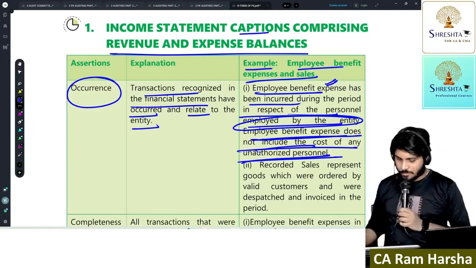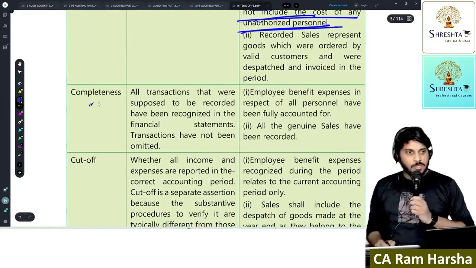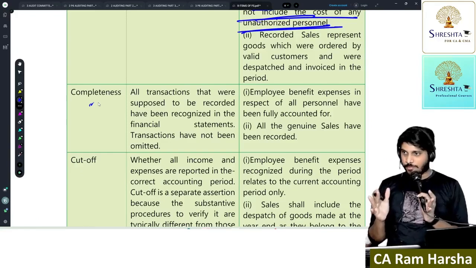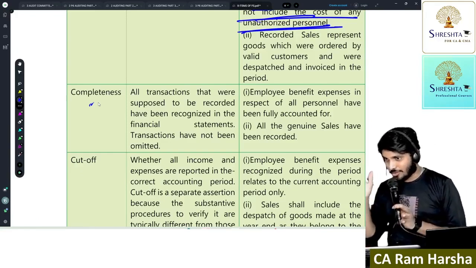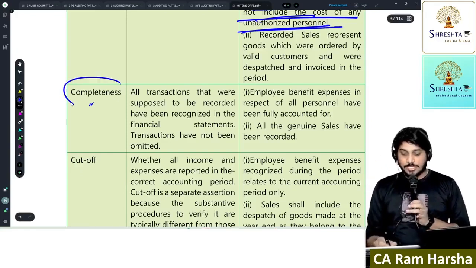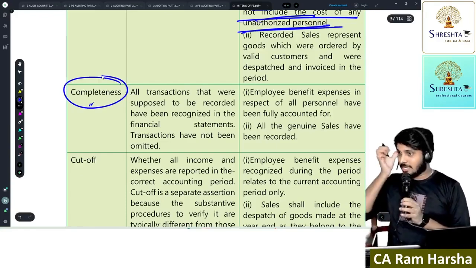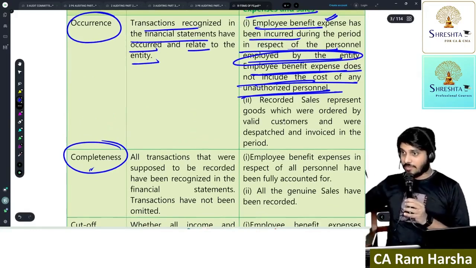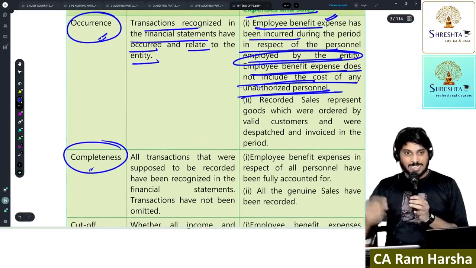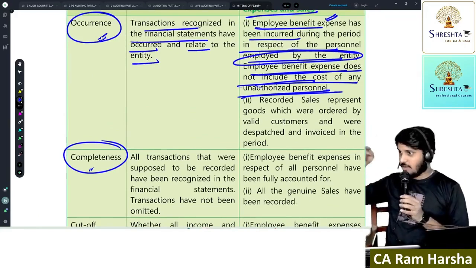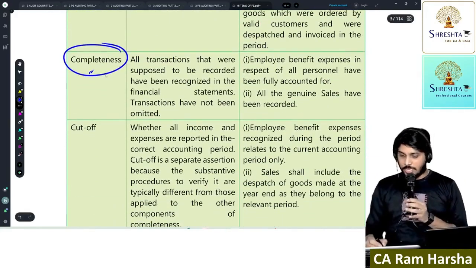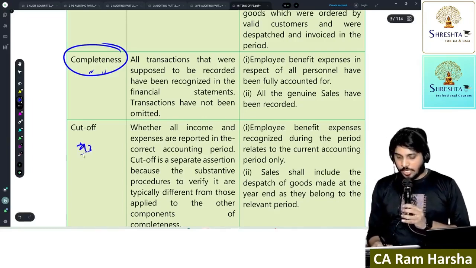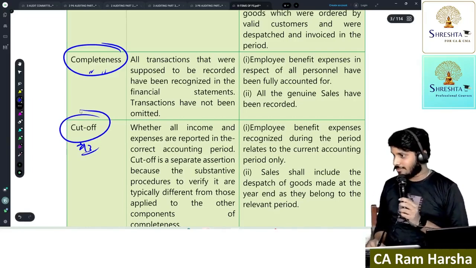Able to understand? Now, completeness. All P&L items: when I say purchases 55 crore, sales 6,50,000 crore, Reliance, it says total sales that happened during the year is 6,50,000 crore. See, when we say sales 6,50,000 crore, we are indirectly saying it is recognized during the year, it is related to our organization, and total sales are only 6,50,000. And the total sales up to 31st March are 6,50,000.